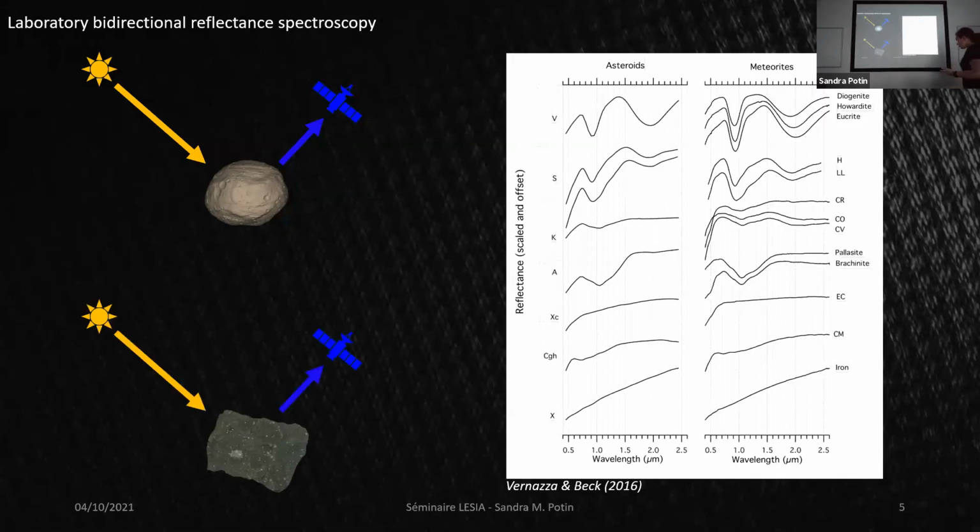In the lab, when we want to analyze asteroids, we can take small pieces of asteroids that fell on Earth quite regularly, and they are meteorites. They are small fragments of asteroids, so their composition is roughly the same as their parent bodies. And if we want to make experiments about asteroids in the lab, we can use the meteorites. You can see here that the reflectance spectra of the meteorite match the one of the parent bodies.